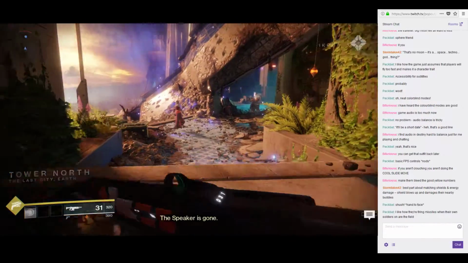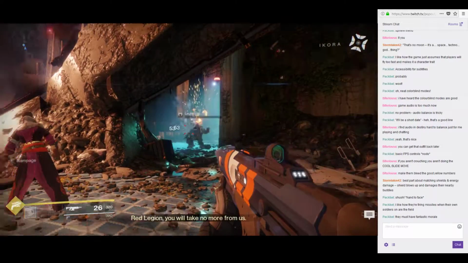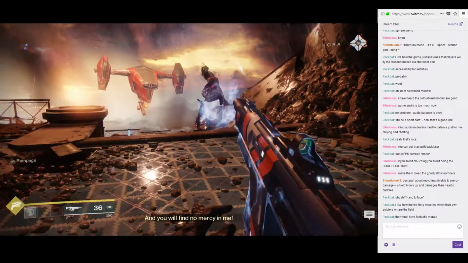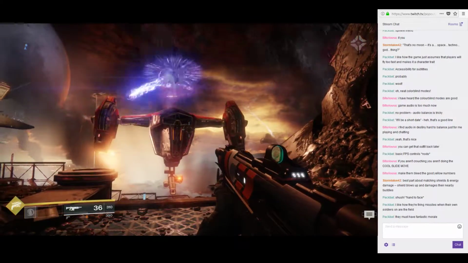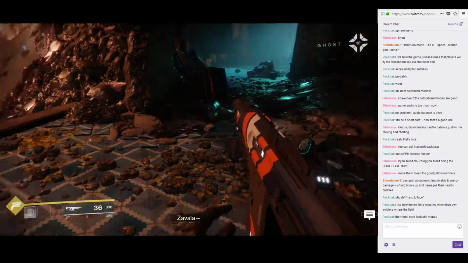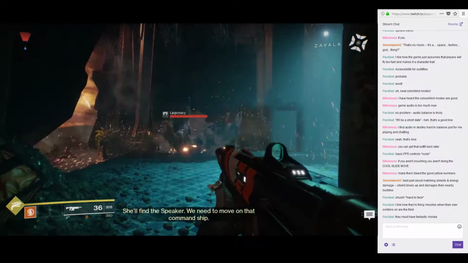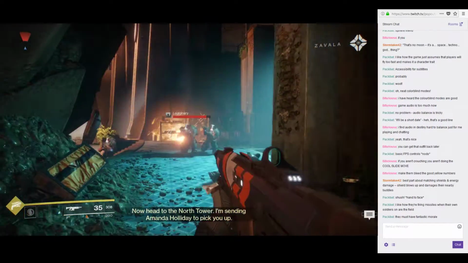Ikora! The speaker is gone. Red Legion, you will take no more from us, and you will find no mercy in me! Zavala. Ah yes, the time-honored She'll anti-ship find the corrective. speaker. We need to move on that command ship. Now head to the North Tower. I'm sending Amanda Holiday to...